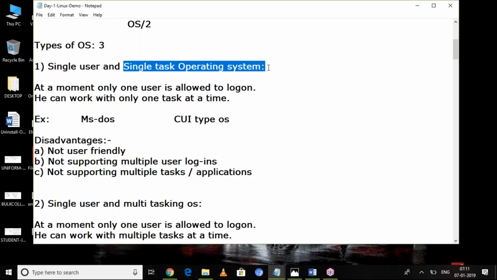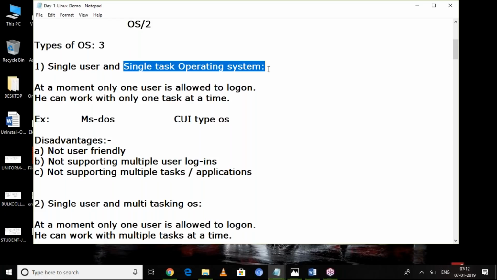It means at a time only one user can log in and he can work with only one task. He can do only one work. That is called a single user and single task operating system.